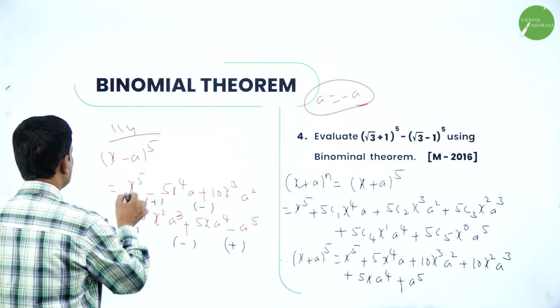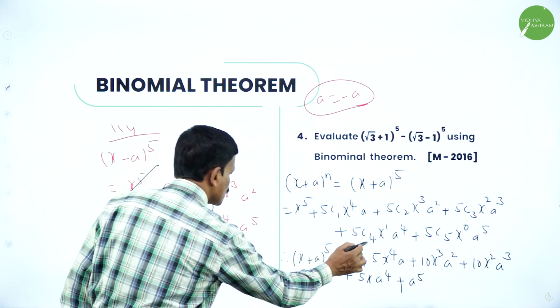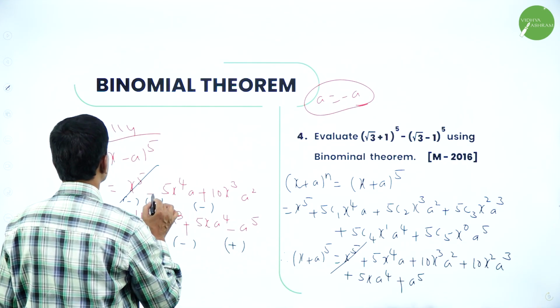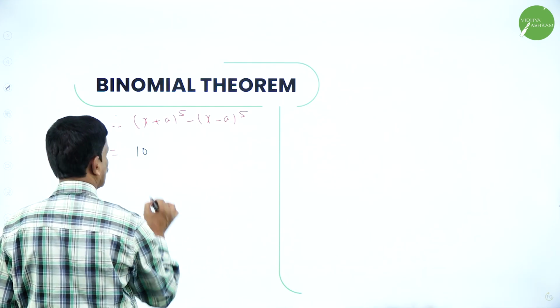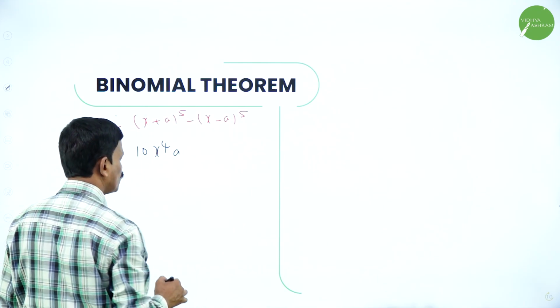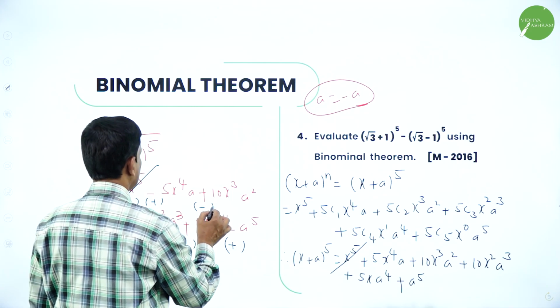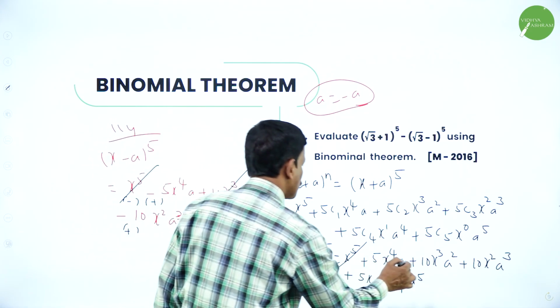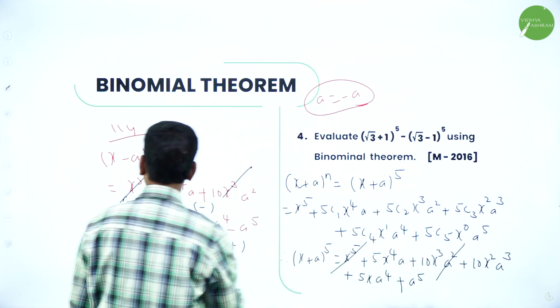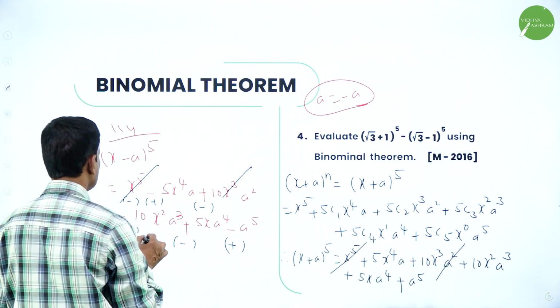So x raised to 5 and x raised to 5 get cancelled. So plus 5 is 10. 10 times x to the power of 4 into a, one term we will get. Next, minus 10x cube a square plus 10x cube a square gets cancelled. What we have? Plus 10x square a cube plus 10x square a cube is 20